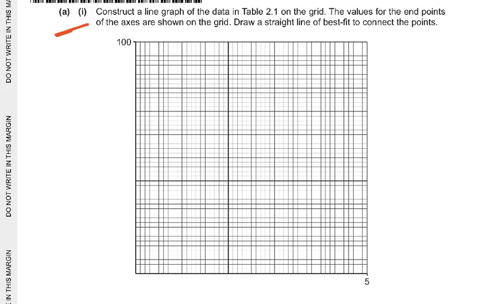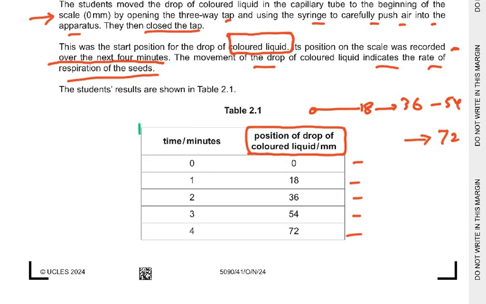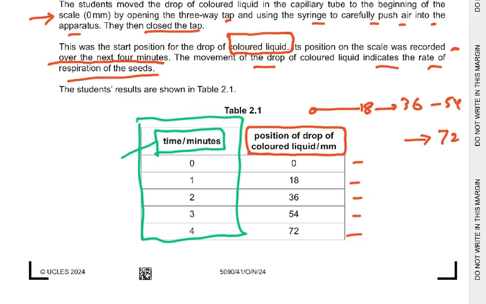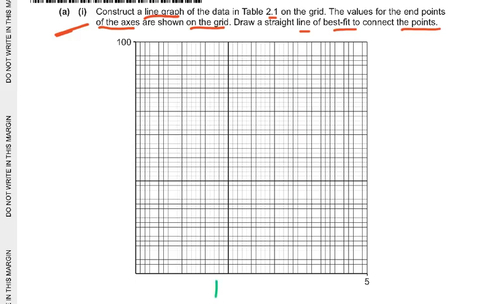Then in part A1 it says construct a line graph of the data in table 2.1 on the grid. The values for the endpoints of the axis are shown on the grid. Draw a straight line of best fit to connect the points. The first thing you do is you label the axis. The rule is that the first column, this is the first column, this is the heading. You write this on the x-axis always, that is the rule. First column is always the independent variable and it is always plotted on the x-axis. So you will write here time and minutes,